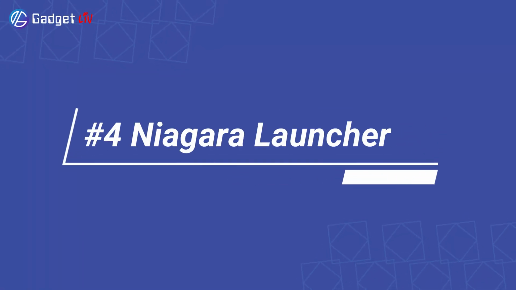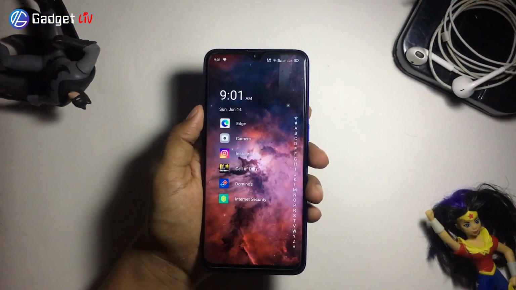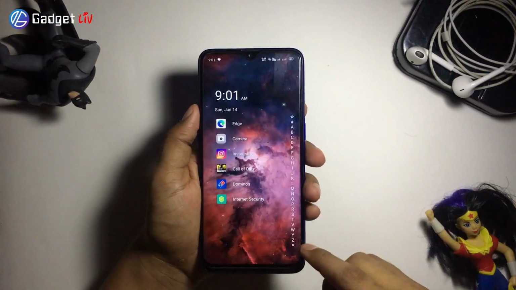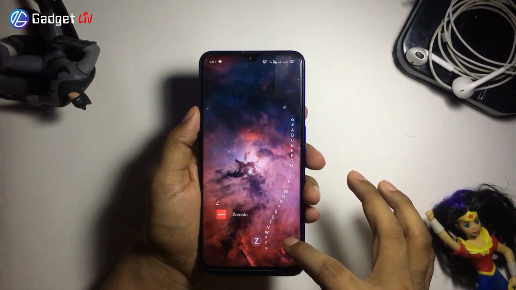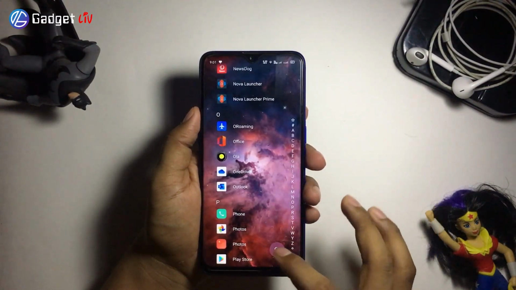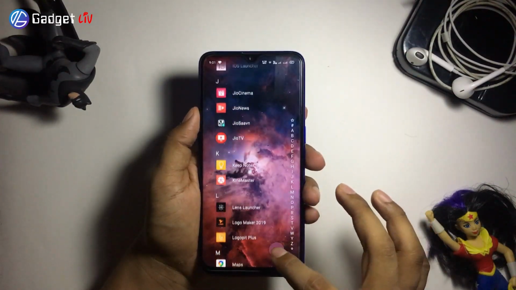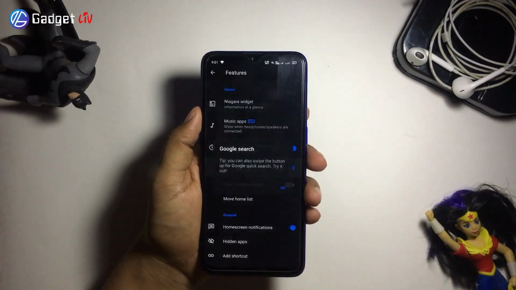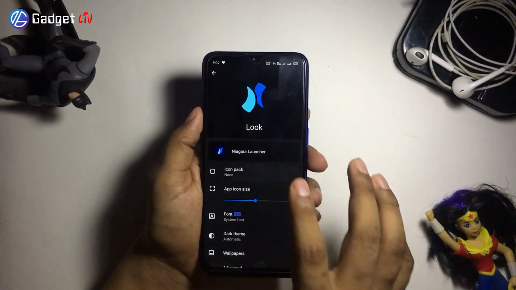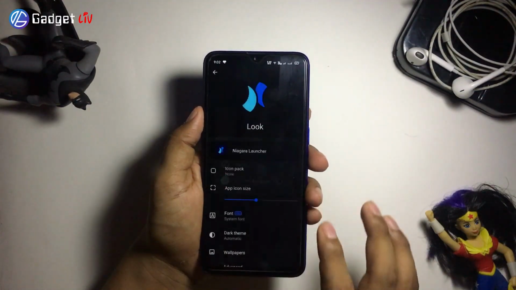Another lightweight Android launcher app on our list is Niagara Launcher. It gives your phone a fresh and minimalistic look. Besides that, it doesn't have an app drawer. Instead, there is an alphabetical list to access everything else. Although the size of the app is just 5 MB, you can still customize a few things like adding widgets to the home screen, icon pack, text color, hide apps, etc.